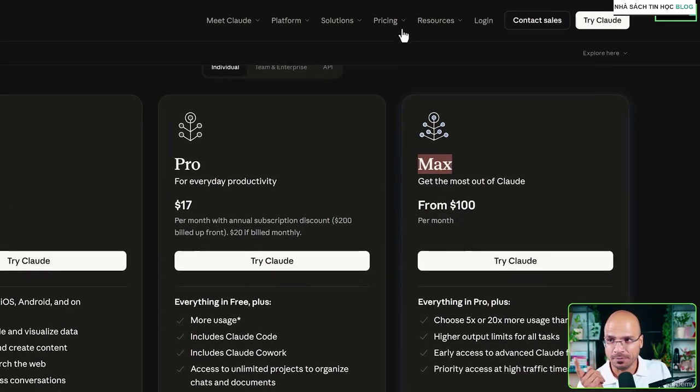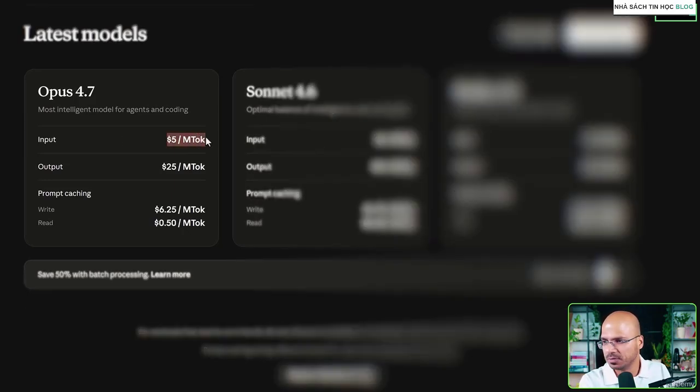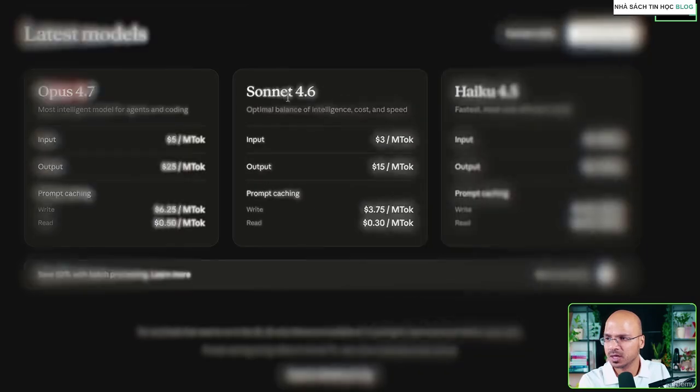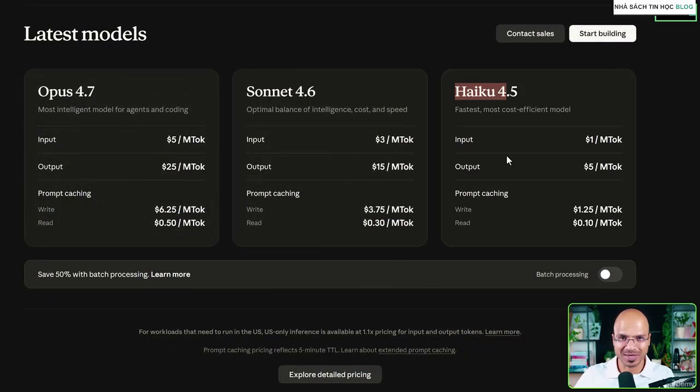But there's also an API way. So if you click on API here, this is how the charging goes. So $5 per million token, that's for the Opus. For Sonnet, it's 3 million. And for Haiku, it is 1 million. Now for basic task, if you want something fast, Haiku works. But if you're building a project where you need code, it should be smart. Okay, so in that case, Sonnet works. But if you are planning for your project, we will be using Opus.